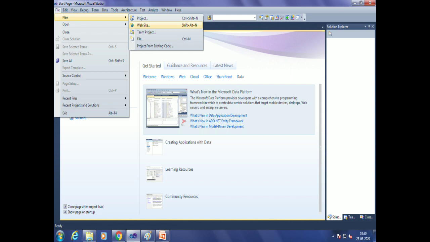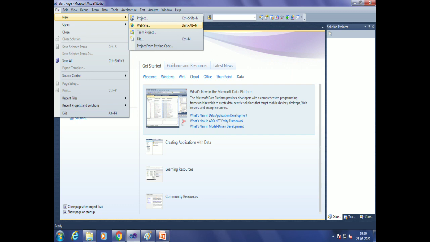So now in current semester number 5 in ASP.NET, we have to select file menu. From file menu, we have to select new. As soon as we click on new, we have one sub pop-up menu. From sub pop-up menu, we have to select website.